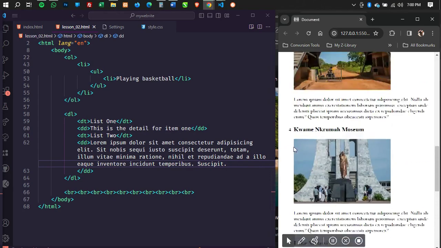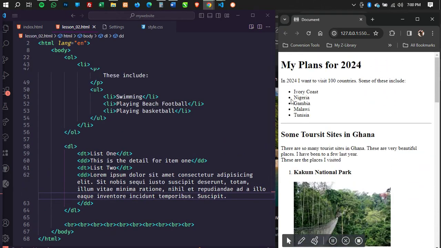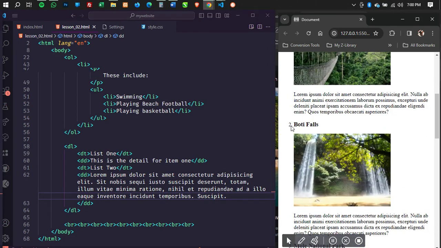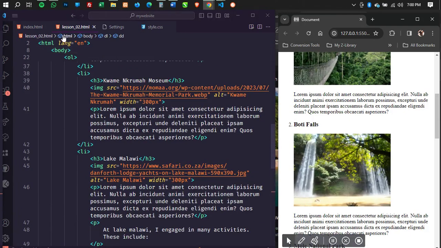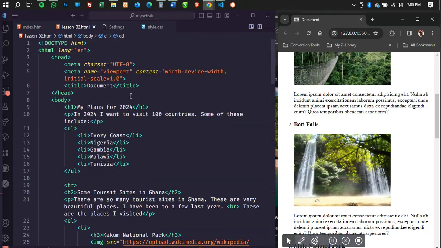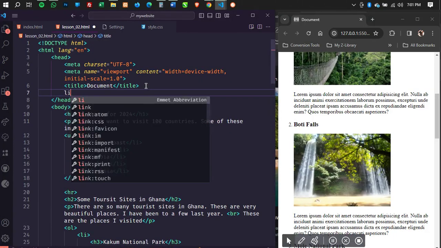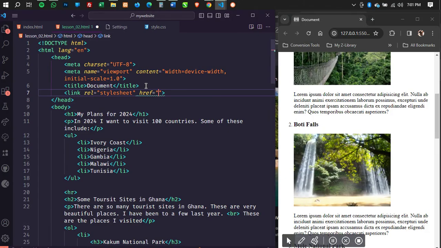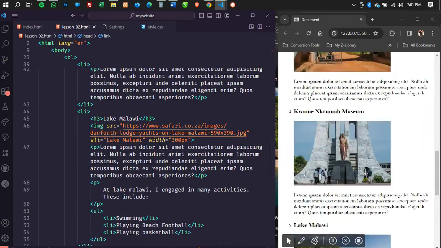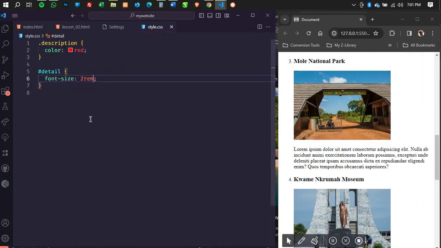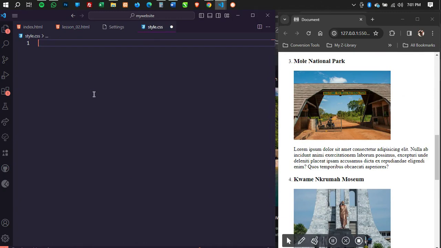You can actually change the bullet that is showing over here. The numbers here you can change them to A. For example, a quick example, let me link this to my CSS file, the style.css which we have. Let me work on the ordered list which we created.